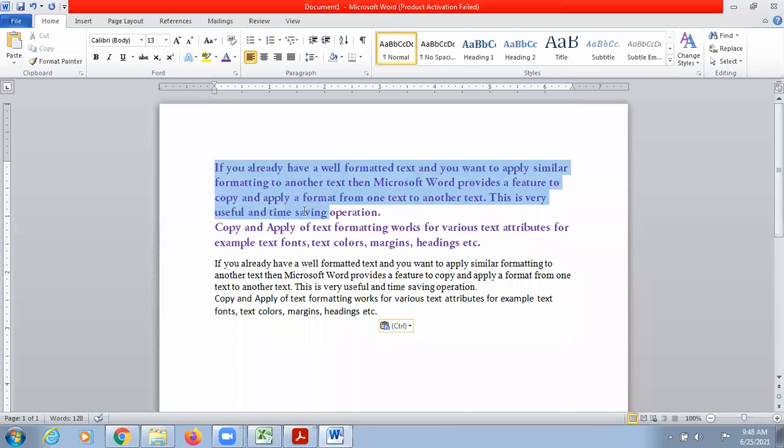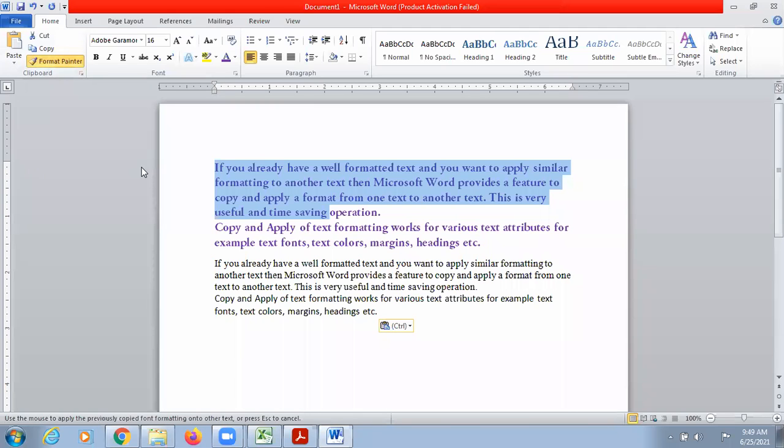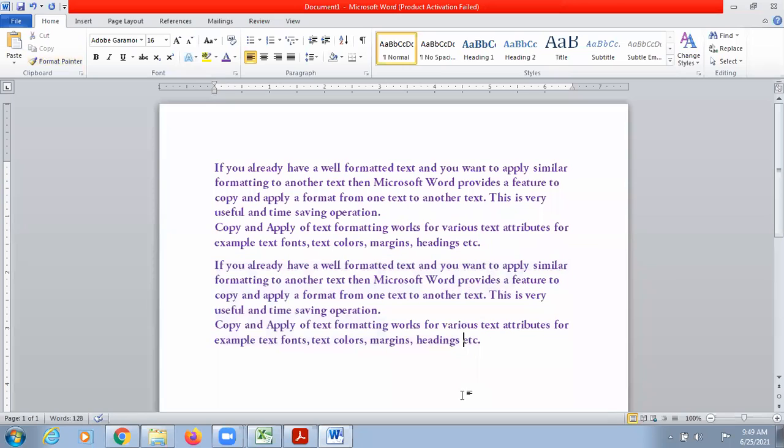We can just select two, three words or a paragraph, anything, and then go to the Home tab, Format Painter button. This is a button using which you cannot copy the content of the page. We can copy the formatting style, the color, the size, and the writing style. All these formatting features we can copy and apply anywhere else. Like here, now I'm selecting the other paragraph. So this is how we have to paste.